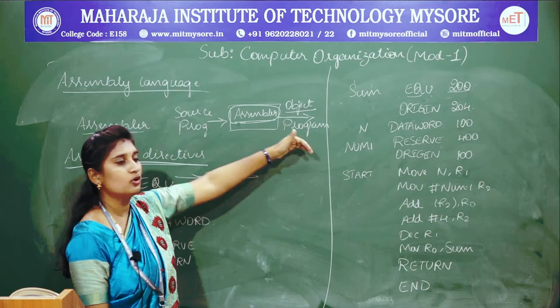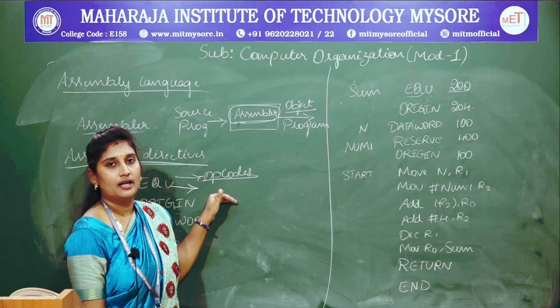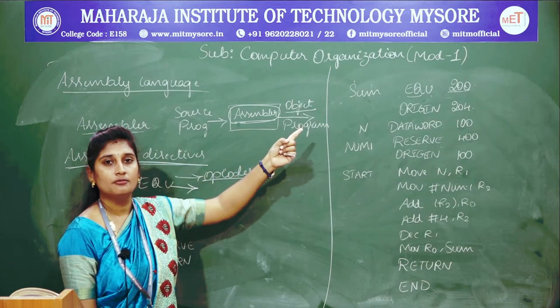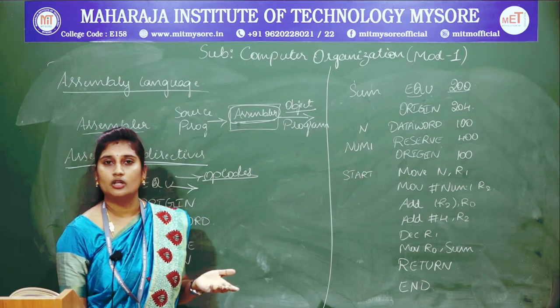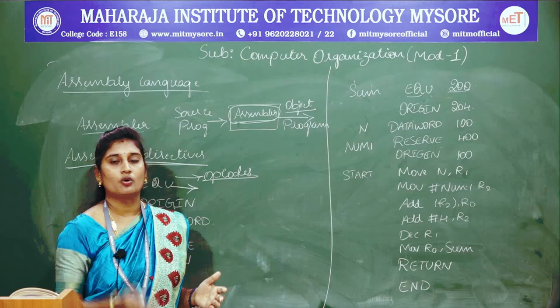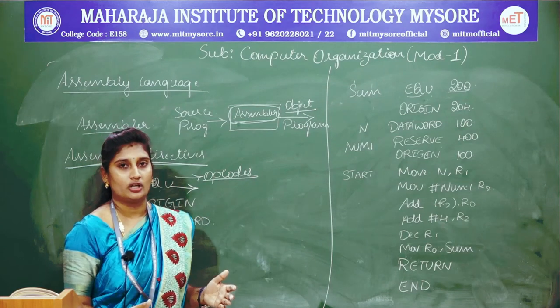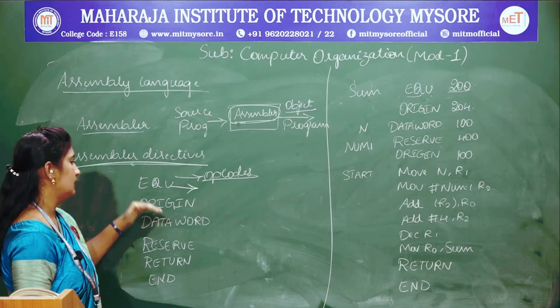So I need not transfer my source program to object program. Instead, I will be using my assembler directive to carry out that function. Why am I using it? Again, I can save my memory location. Instead of changing each instruction to my object program, which needs certain memory location, I will be using my assembler directives.